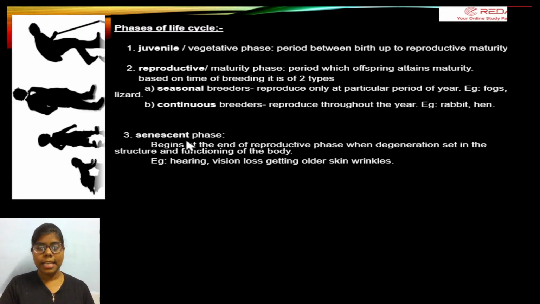And the last stage of phase is senescent phase. Senescent phase is the end of the reproductive phase. Okay, once maturity is attained and all the young ones are released, it will reach an end point, right? So that is called the senescent phase. Example, when you take in the case of